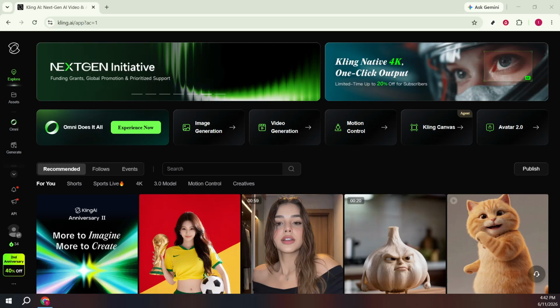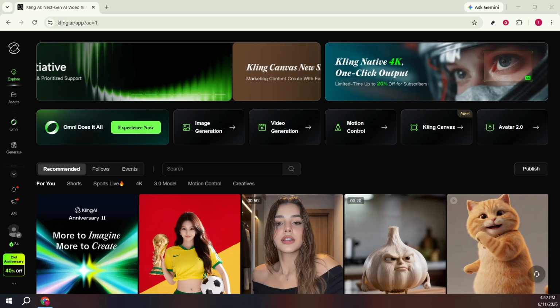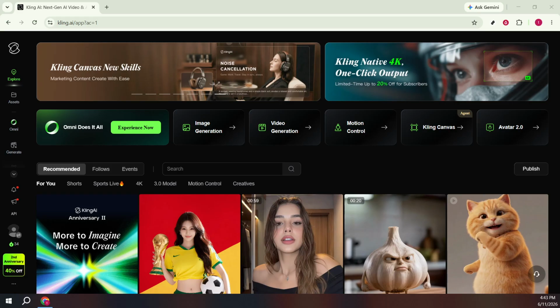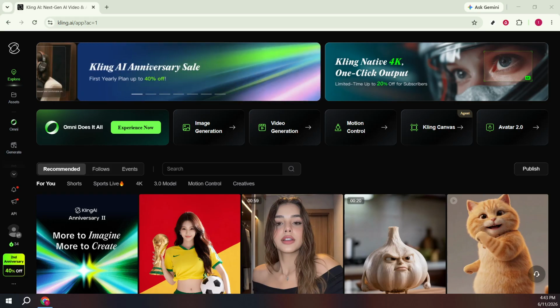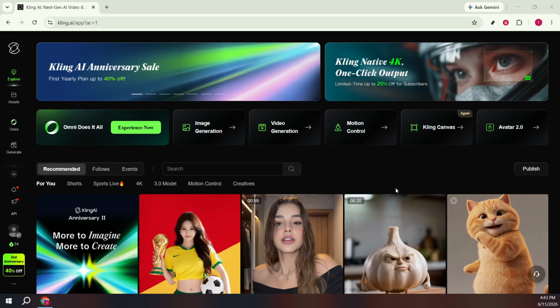In today's video, I'm going to teach you how to put bin in Kling AI. Think of this as removing an asset you no longer need by sending it to the bin so your workspace stays tidy and focused. First, open the Kling AI app in your browser and sign in so you're on the